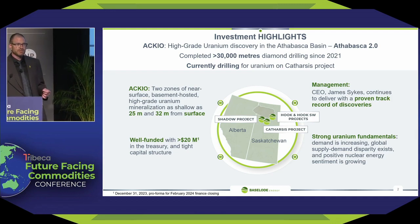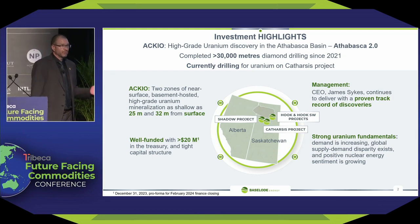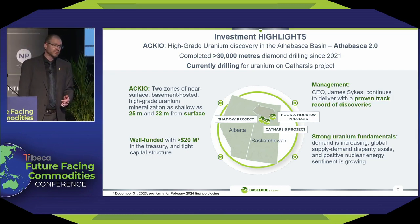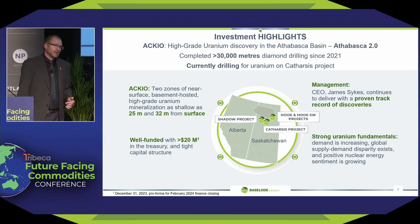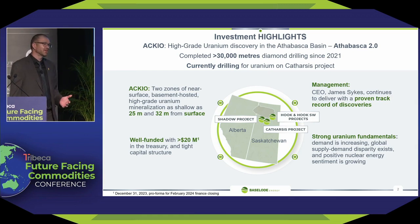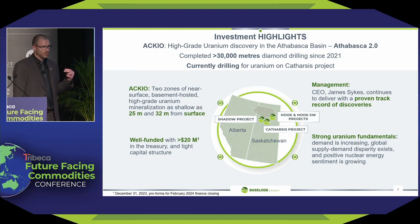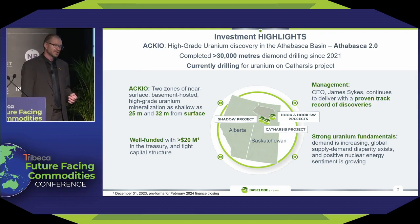Since we made our discovery in September 2021, we've drilled 30,000 meters on Accio. And right now, we're currently drilling for another discovery on our Catharsis project. We've got $20 million in the bank. We have to spend $12 million of that this year, so that means we have to drill a lot. Hence, we will continue to advance our Accio project, but we're also exploring 4 other projects in search for a